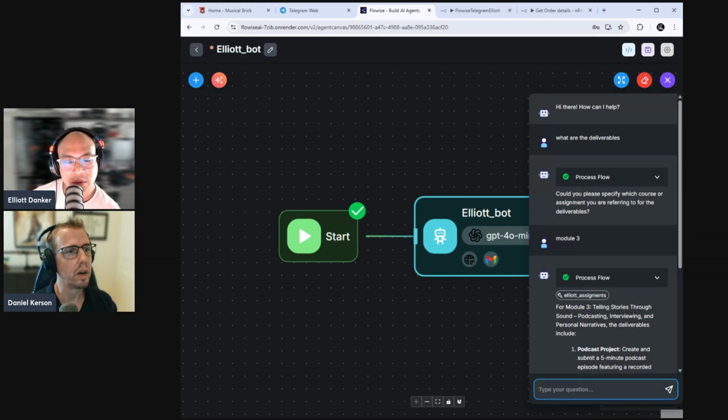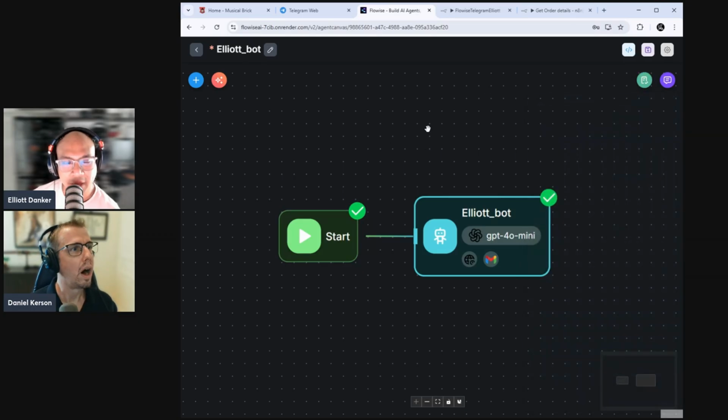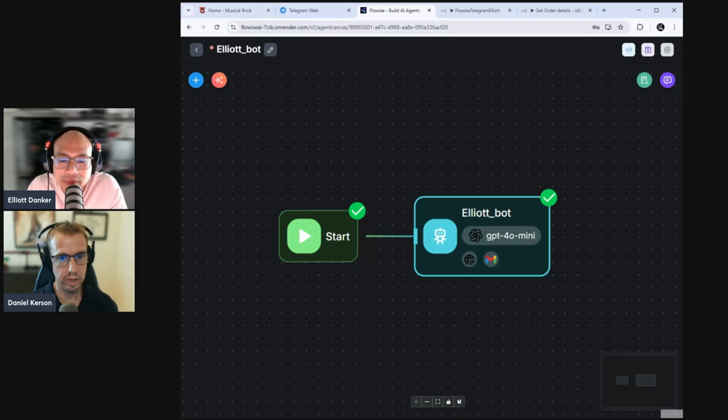These are all triggers. Now, to connect this to Telegram, I have made a trigger and I created it in another, I think it's more workflow with AI involved, called N8N. So this is another popular app that people can use and create workflows. And I've actually created a trigger in that will go and take information from a Telegram bot and then plug it into this as a trigger. So the trigger for this bot can be a normal interface on a website,